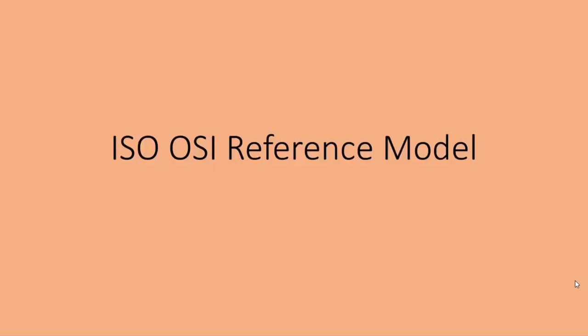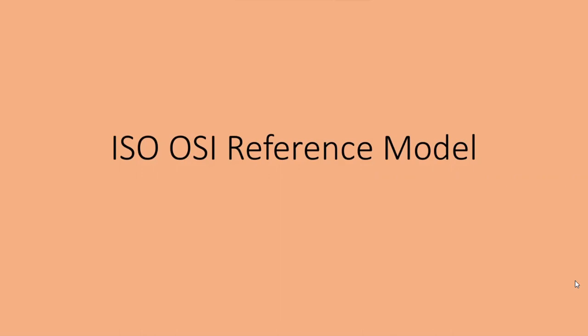Hello everybody, welcome to this video, and here we are going to discuss the different layers of the OSI reference model. As discussed in the previous video, we have seen that network architectures require layering so that the complexity of the network software is easily manageable. Also, the management of the various components is done in a simple manner.